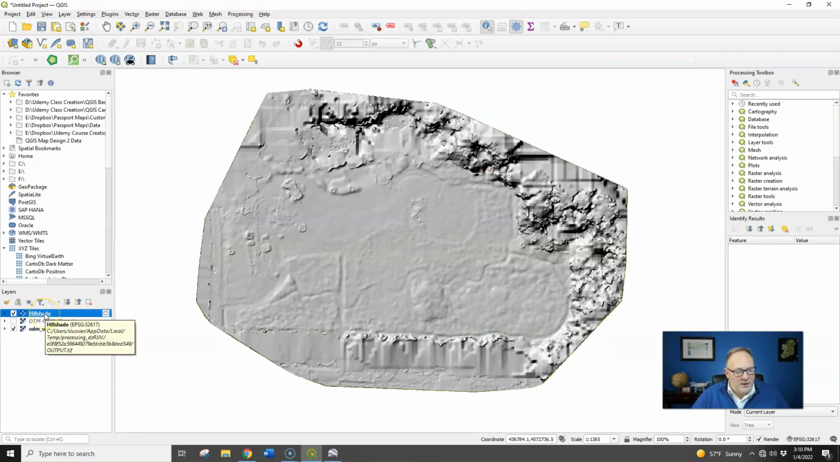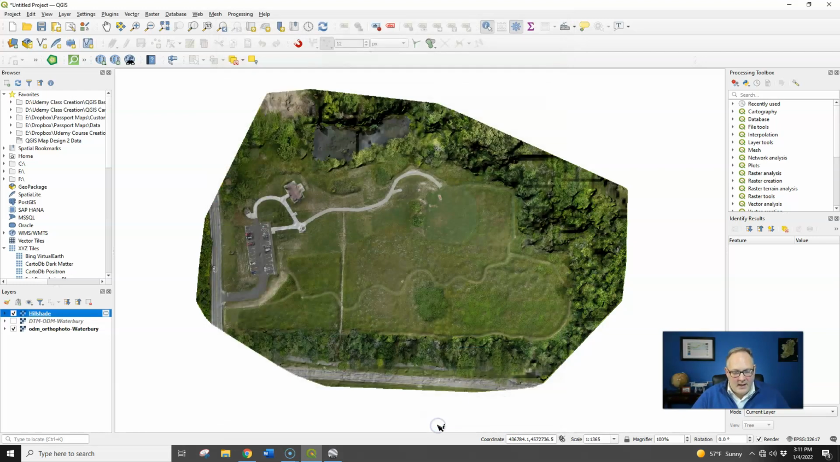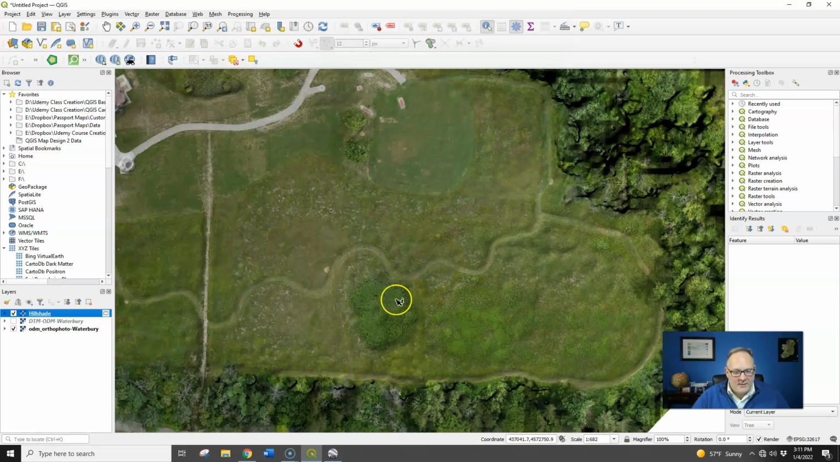So basically, we're going to play with this hillshade layer. If you double click and go to symbology in your hillshade layer, you're going to come to your layer properties. Down here, this color rendering, the blending mode, set that to multiply. About halfway down. We could play with these settings, but again, let's just leave it alone, use the defaults. And hit apply and OK, and now we've got some